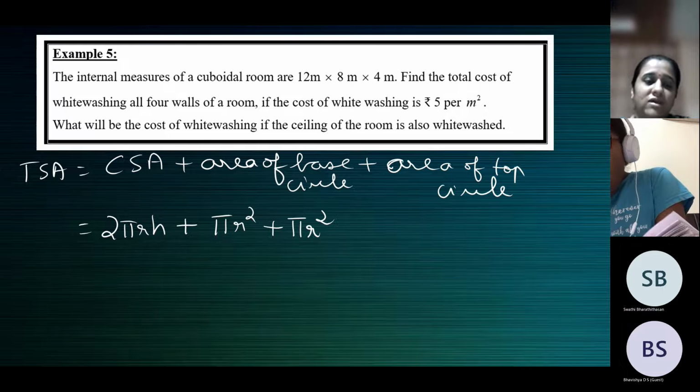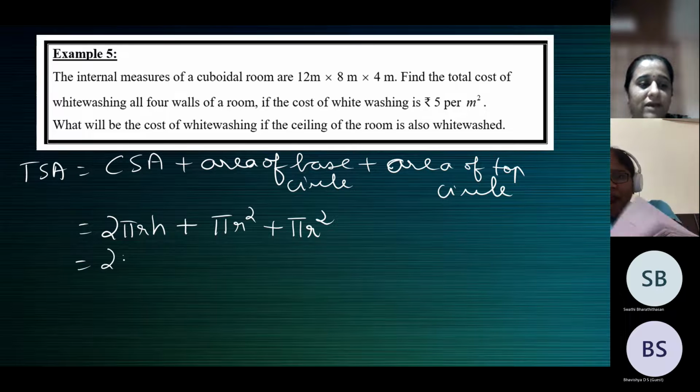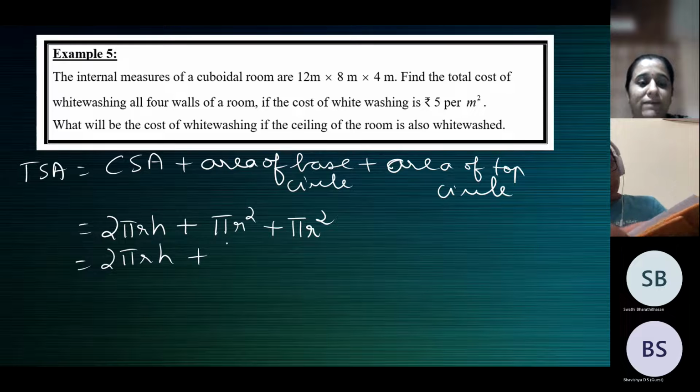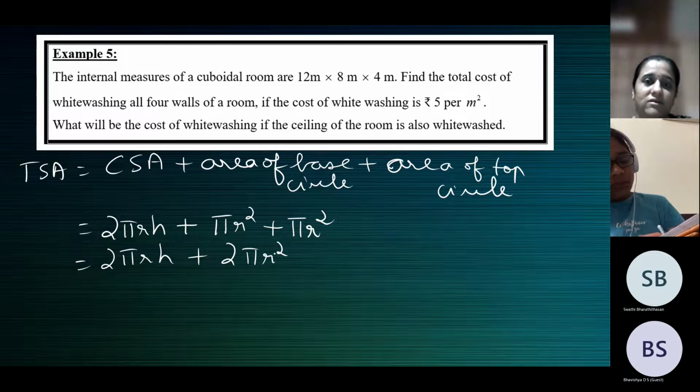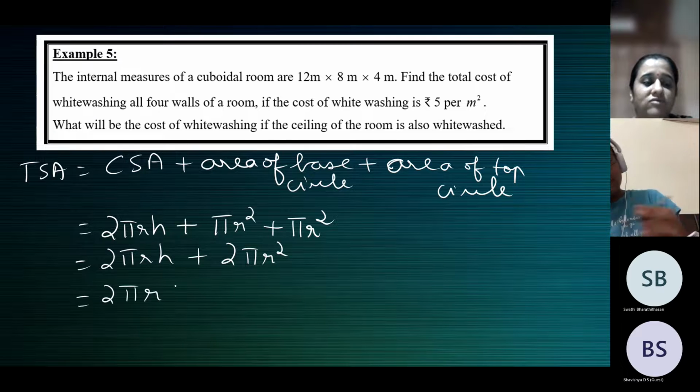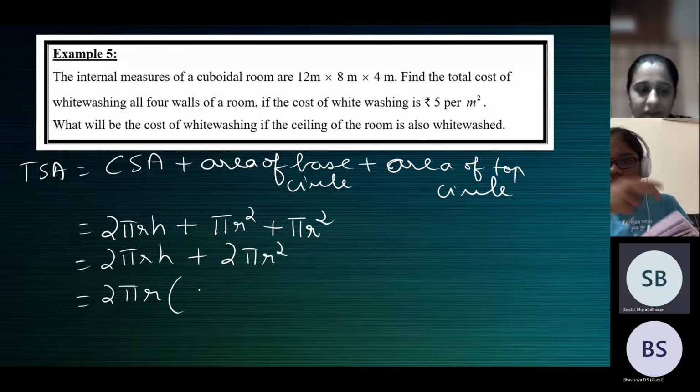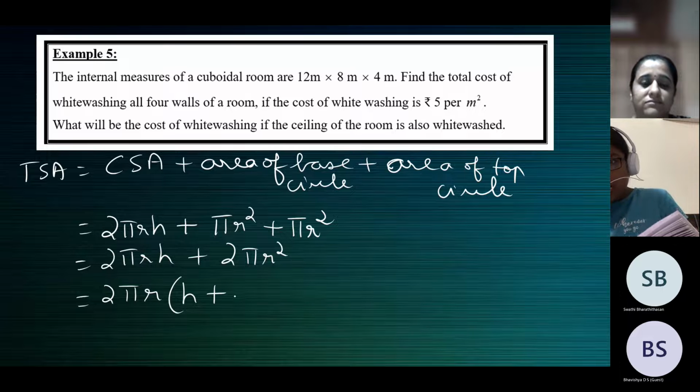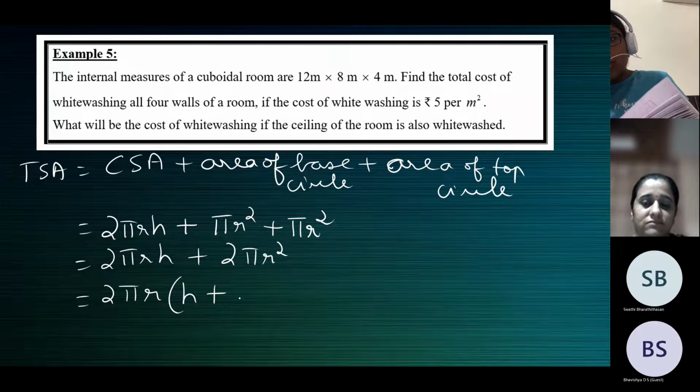So this will be 2 pi r h plus 2 pi r square, because pi r square plus pi r square is 2 pi r square. A square plus a square is 2a square. Now what's common? 2 pi r is common. So what should I write in the bracket? H plus